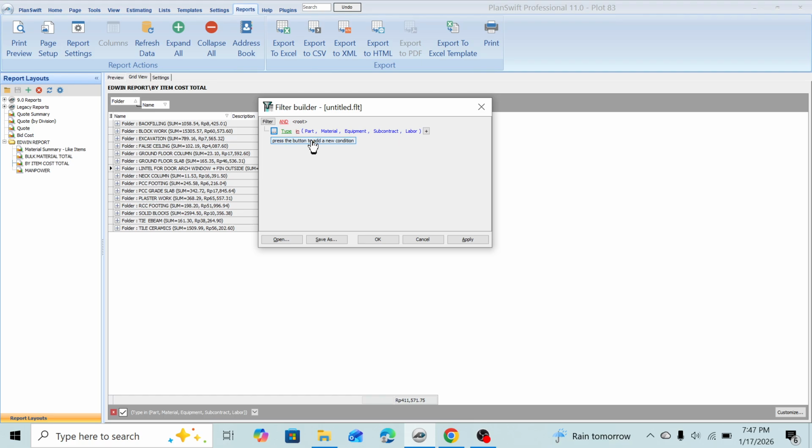So these are the properties that we can enable to manage our materials, equipments, as you like, what you want to make visible. So here you can do it, guys,